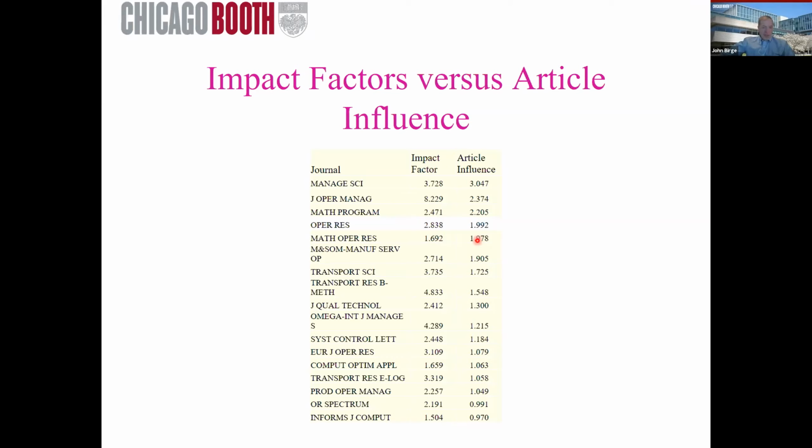But if you look at this in terms of essentially the PageRank, the eigenvector centrality of a paper — in other words, look at the impact of the papers which cite the paper that you're citing, and keep on doing that — that article influence has actually been going up. Operations research has relatively high overall article influence relative to other journals in the area, and that shows that the papers being cited by other papers that are being cited